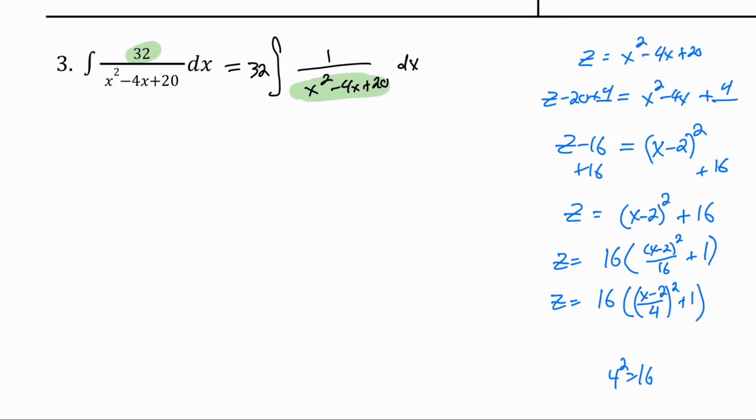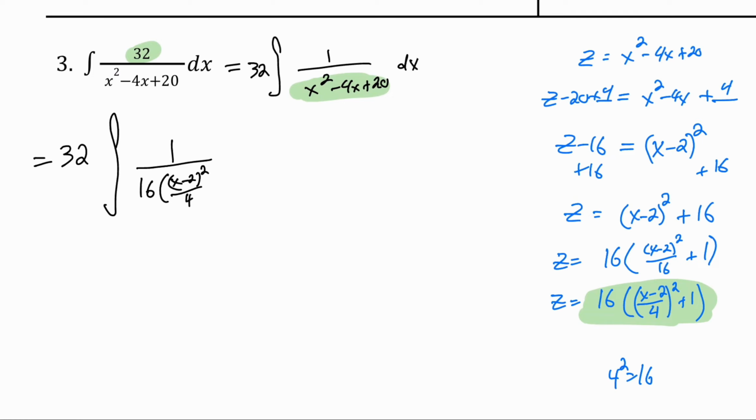This whole thing now is something squared plus 1, and it just so happens to have that 16 out front. That 16 out front is not as big a deal once we bring it into our equation. So we end up with 32 times the integral of 1 over 16 times ((x minus 2) over 4) squared plus 1